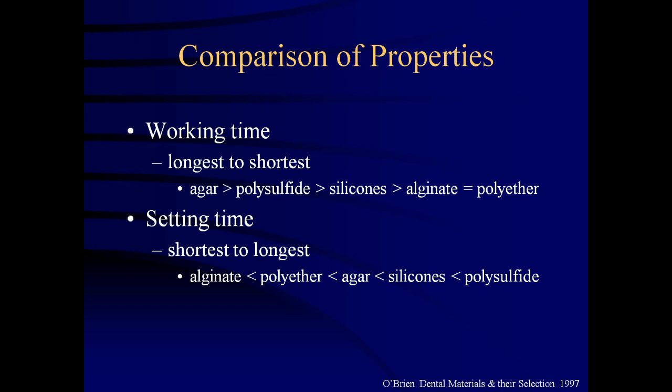Starting with the working time, longest to shortest. It contains agar, then polysulfide, silicons, alginate equal to polyether. According to setting time, shortest to longest: alginate, then polyether, agar, silicons, and polysulfide. Please make it clear that you have to be thorough with these slides. I have specially prepared these slides and put them in this impression material topic because a number of questions are repeatedly being asked from this